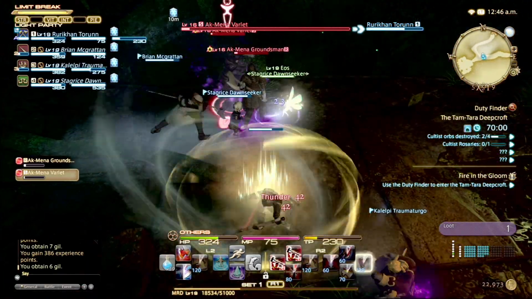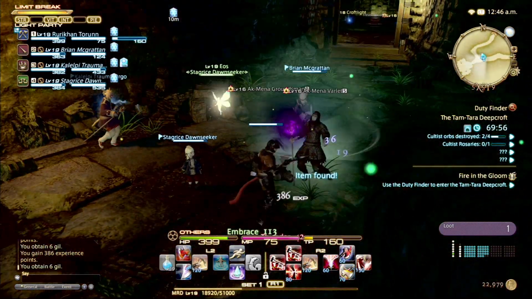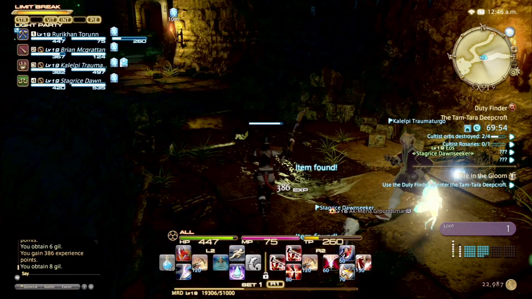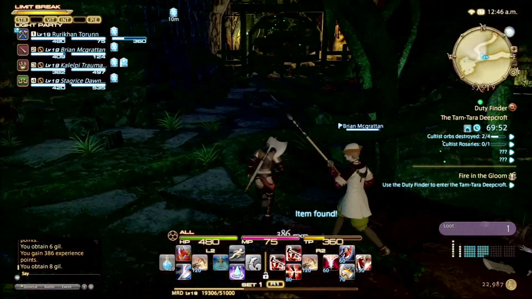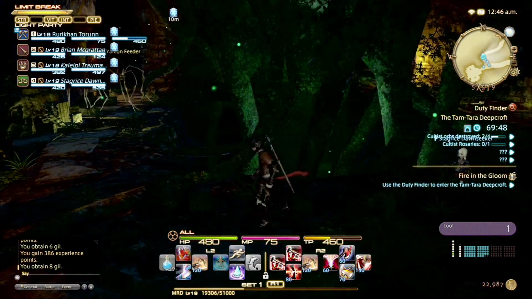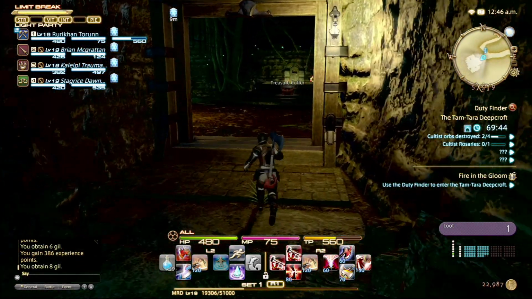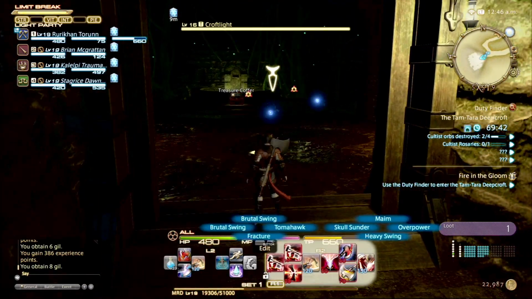Because sure, we were able to handle it, but what would have happened if we had pulled, I don't know, two additional packs and gotten a whole bunch of people in here just attacking us? We could have gotten our asses handed to us because the rest of the party wasn't paying proper attention. Here you'll also notice that I'm going after the treasure chest